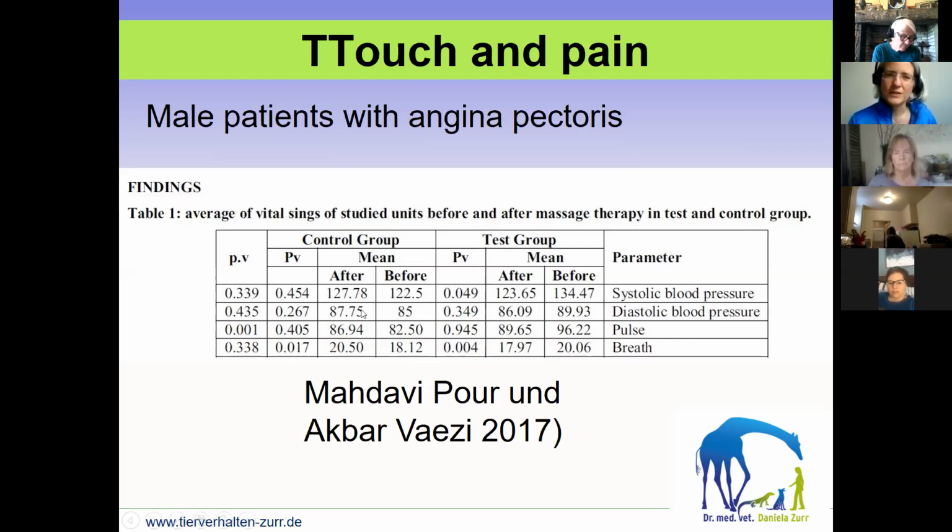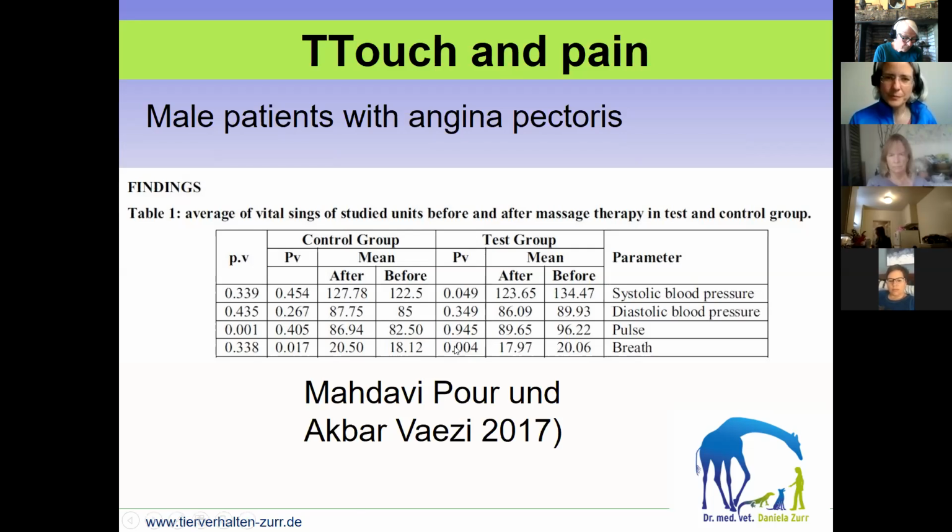And what you can see is that in the TTouch group, the systolic blood pressure goes down. In the other group, even if they get medical treatment, it still goes up. And I believe this is because of anxiety and pain, because if you have a heart problem, you're really upset and you are in pain. And when you are in pain, your heart problem gets worse because the heart is beating faster. And with TTouch, we can break down this